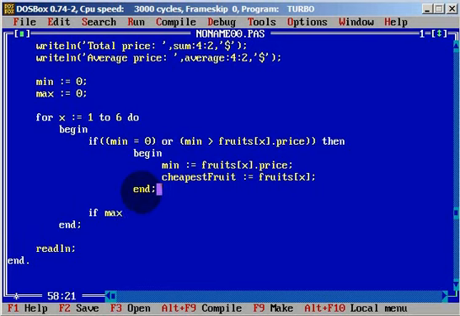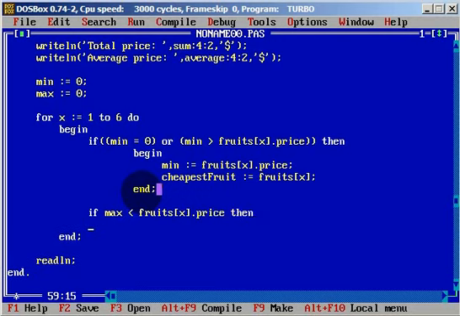If maximum is lesser than fruits of x dot price, then we will also need begin and end,